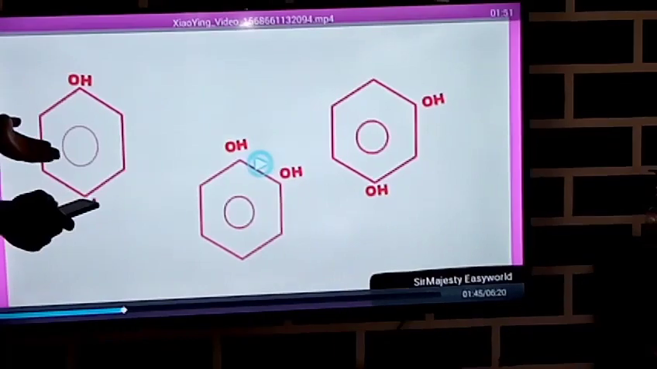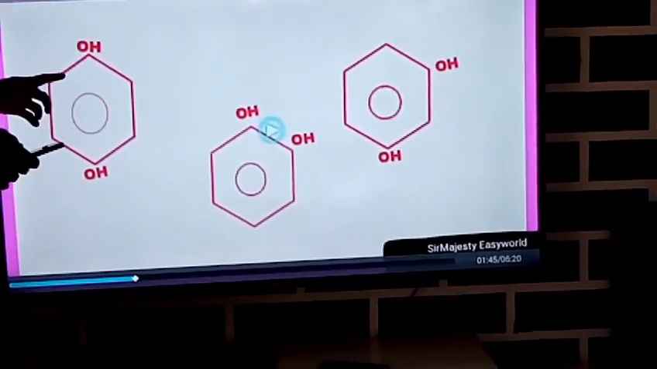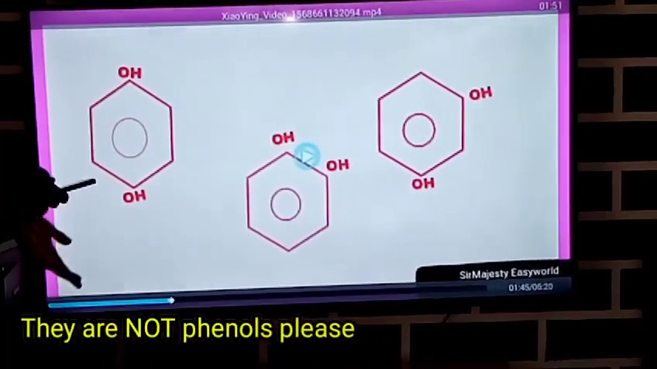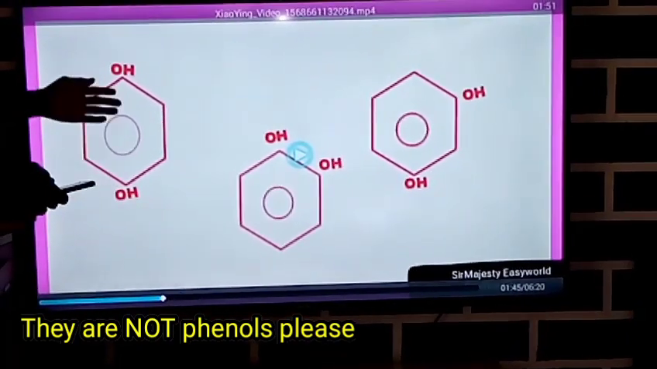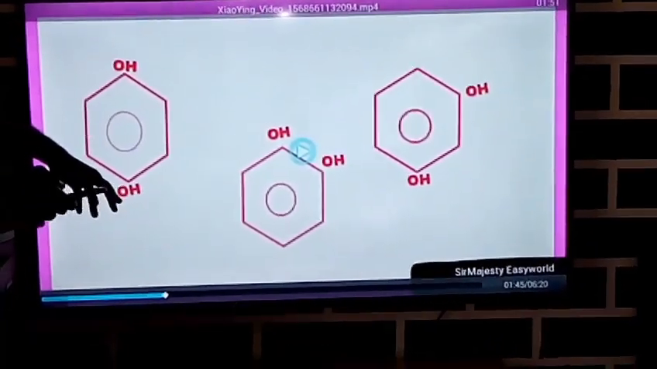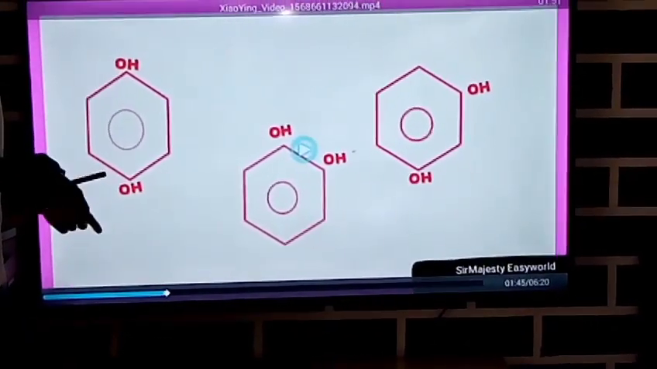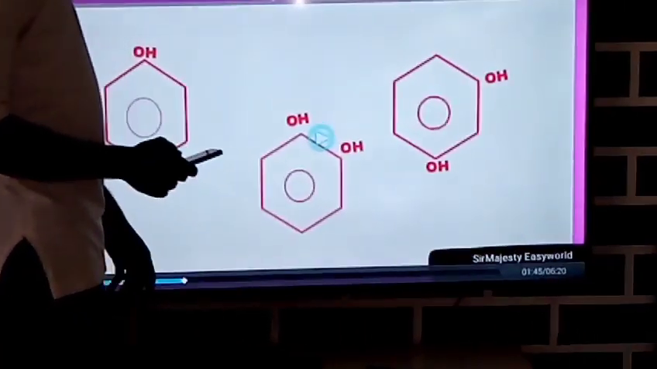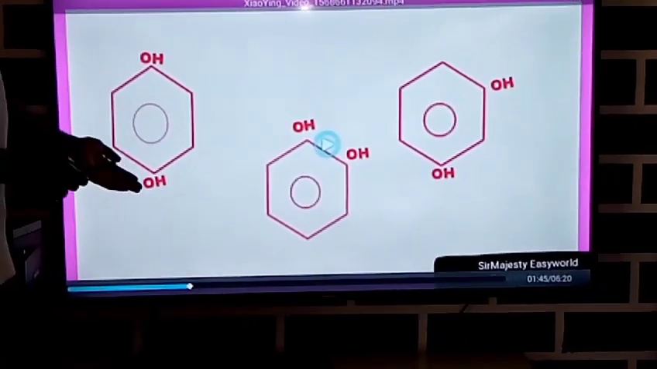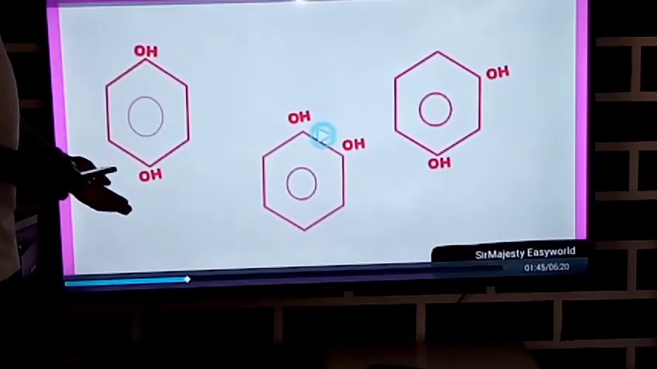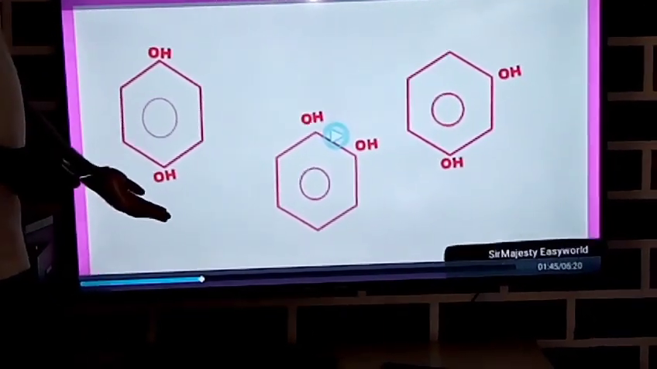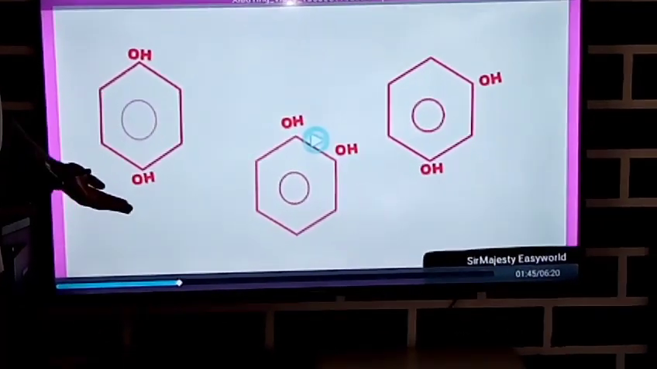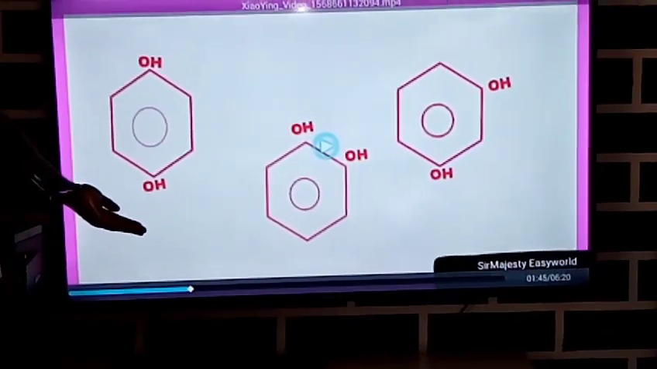Okay. So you see this. This is actually phenol with other. Okay, this is not phenol. Phenol is only when we have one OH. This is in P position. This is in O position. Then this is in M position. So if you are asked to name this, you can call this benzene-1,4-diol, which is the same thing as saying